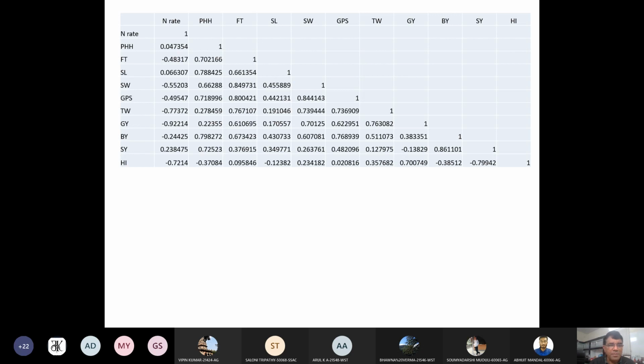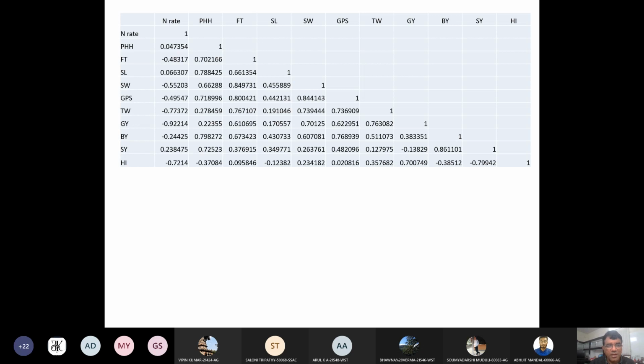Similarly, some places you get minus, see the column 1. In column 1, you go to the grain yield, GY. The GY against NR, you see minus 0.92214. This is the value of the correlation coefficient. So it is significant because it is more than 0.8. But you see it is negative.